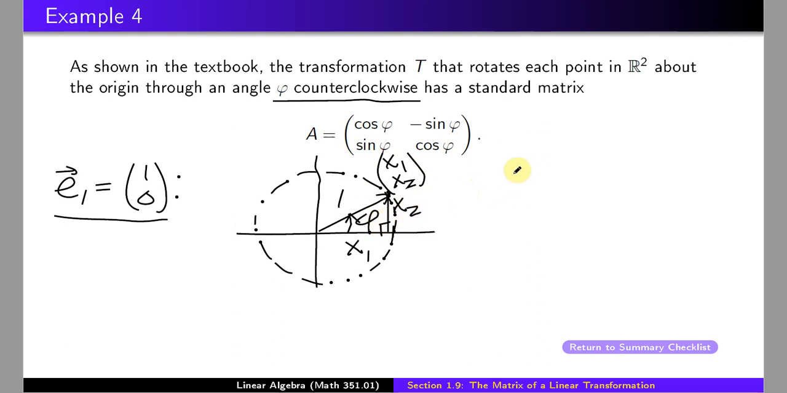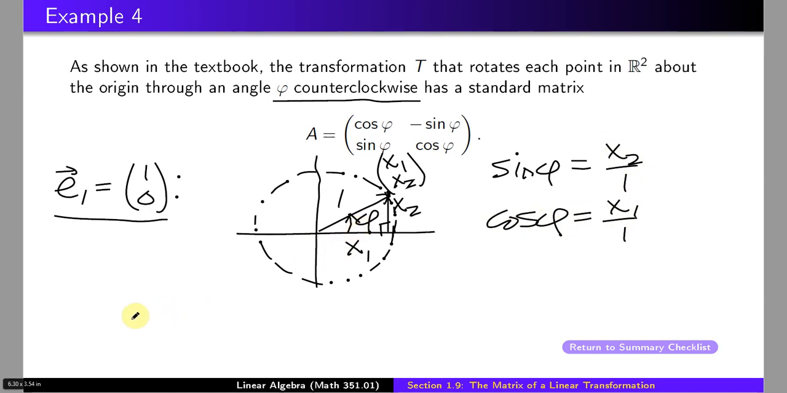Okay, so let's go ahead and just use some of our basic trigonometry. We know that sine of phi is going to equal x2 over 1. So this tells us what x2 is. Cosine of phi, on the other hand, is going to be x1 over 1. So we figured out what x1 and x2 are. So the resulting image is,